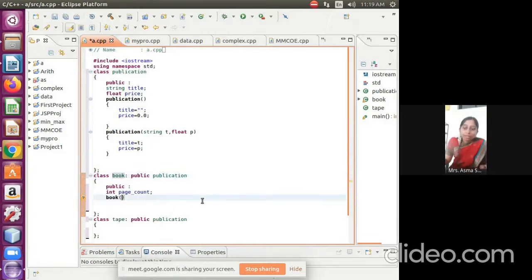So here I am creating the constructor. In this constructor, students, we need these two values as well as the value of its own. So here I am passing string t, float p, and int c.